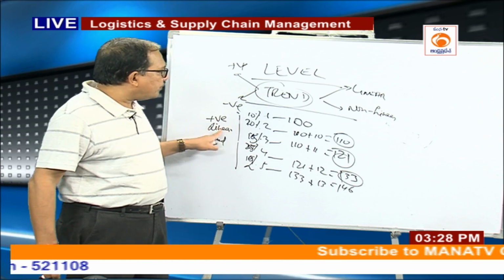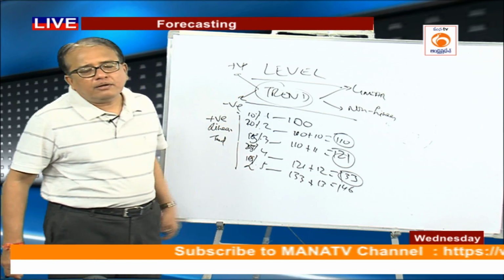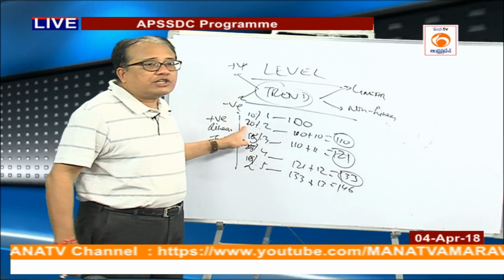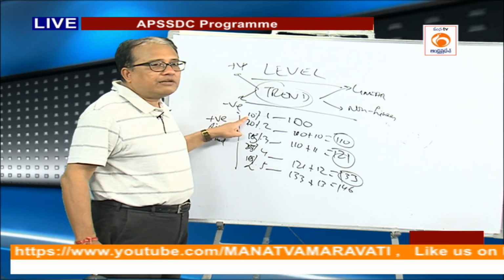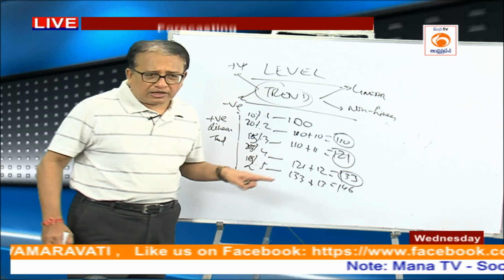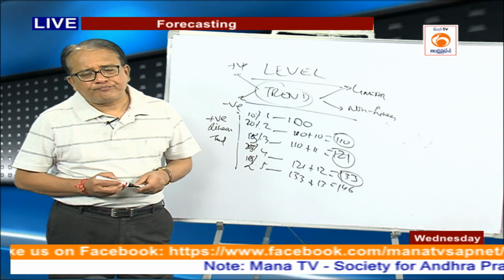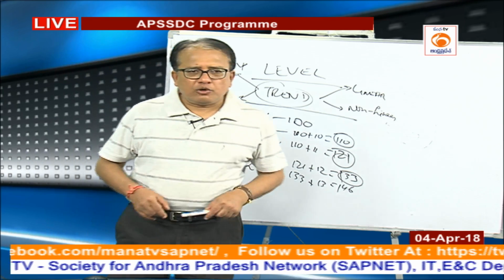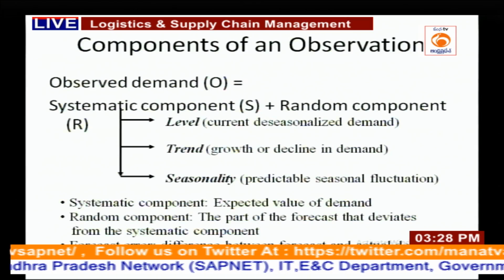Here I have shown positive, the same thing can happen when the trend is negative. That means, when the demand goes down, down. So, it is 10%, it may be 9%, it may be 7%, 4%, it may go down and down and down. Okay. And let us go back to the slide.